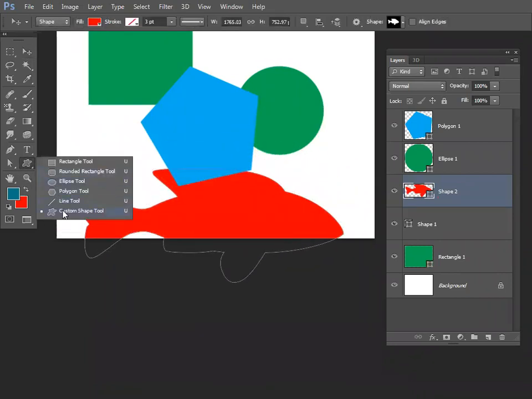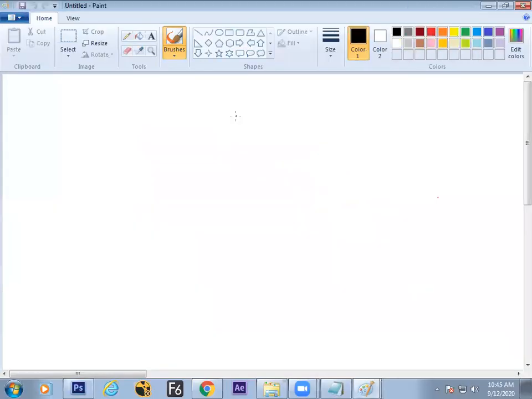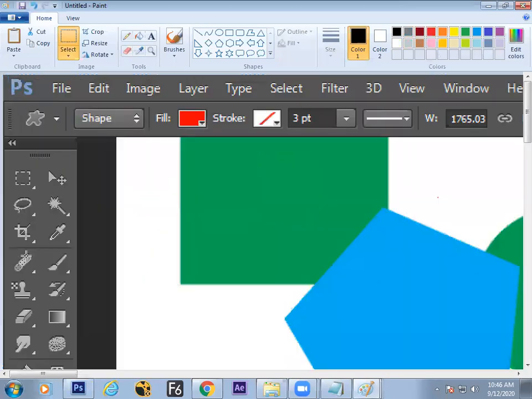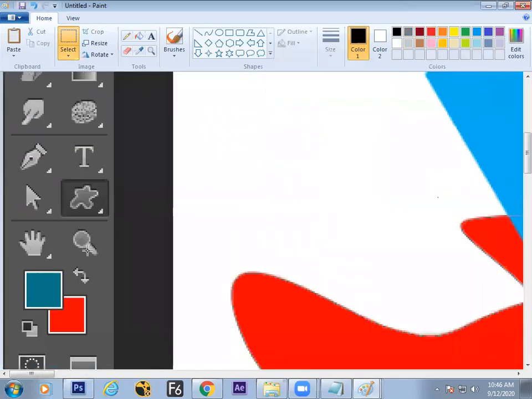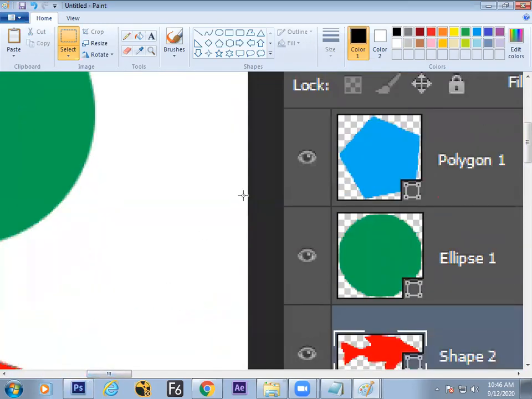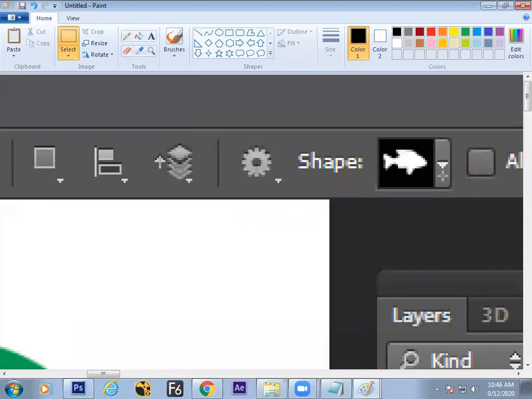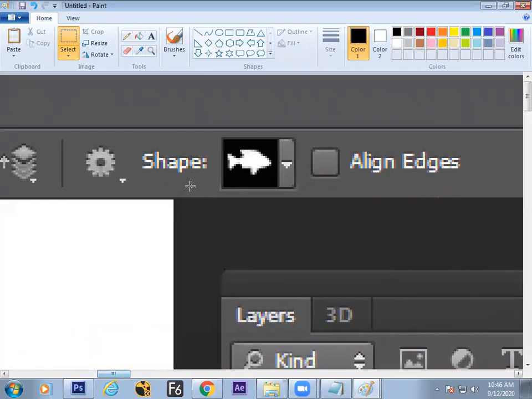When you take the custom shape tool, in the toolbar, we have these shapes here. The custom shape means you can have different shapes. So in the toolbar, you will see a button here, this shape menu. You just click on this button.